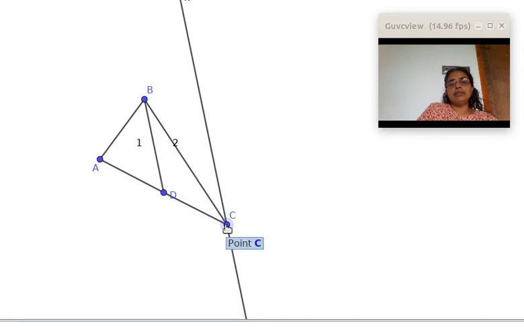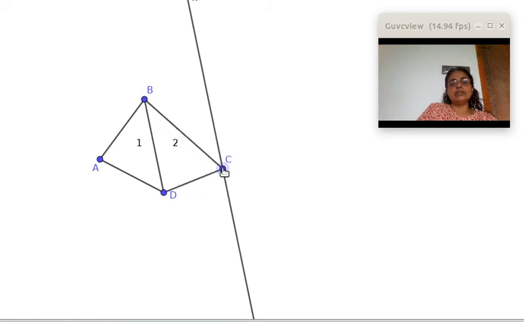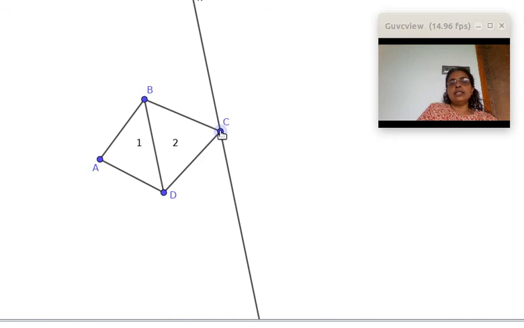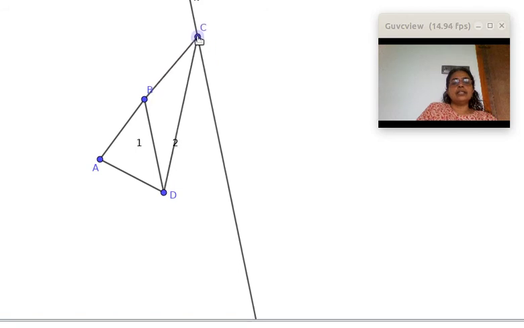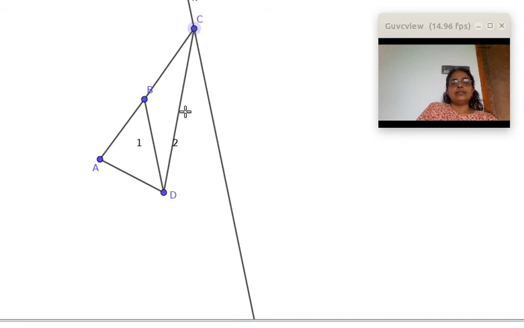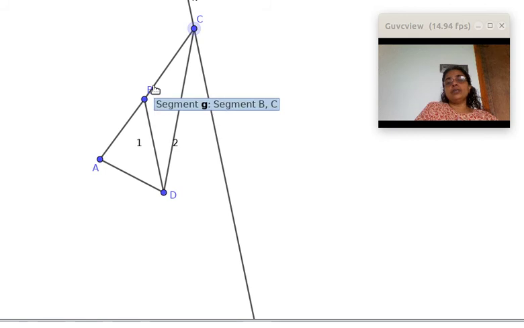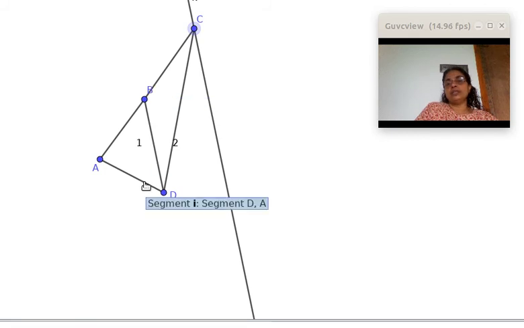This point can be moved upwards. This is the given quadrilateral, and this point can be moved anywhere on this line, on the parallel line. And at a certain point, the quadrilateral becomes a triangle. This triangle has the same total area as that of the quadrilateral. And in your notebook you cannot move a point.